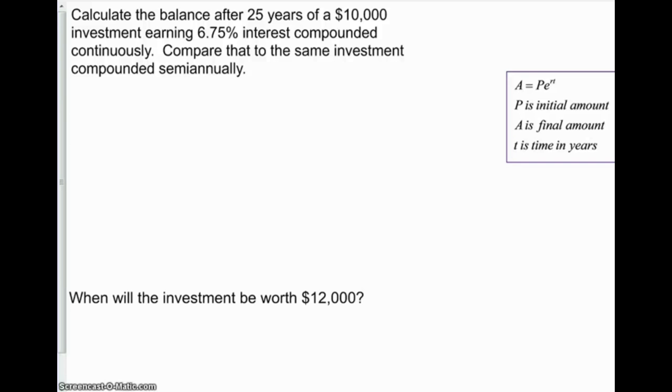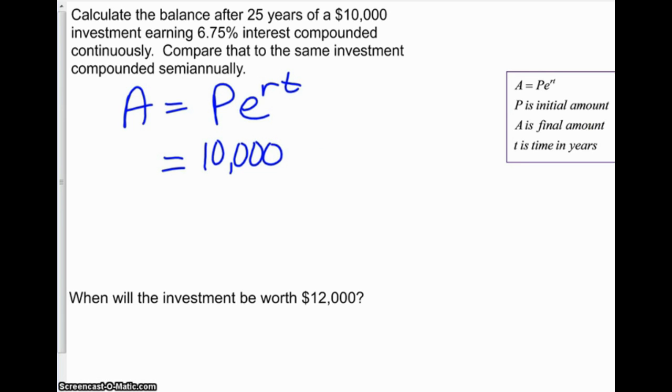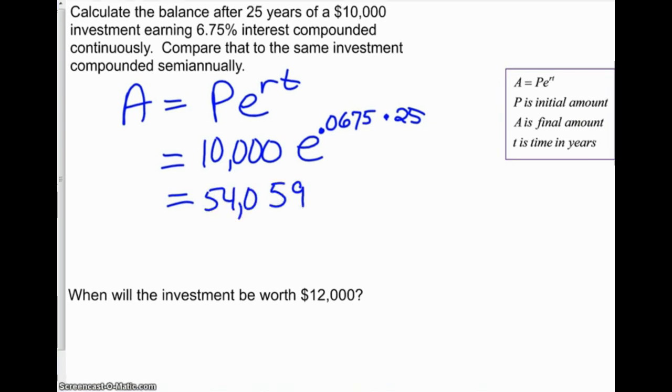So we're going to start here. What we know is we have our formula: the amount of money you have is the principal times e to the rate times the time. This is when it's compounded continuously. Our principal here is our initial money that we add in, our $10,000. We have our e. Our rate has to be in decimal, and this is probably one of the most common mistakes I see, people forgetting to put it into decimal. And then our years is 25. When we multiply that out, we get